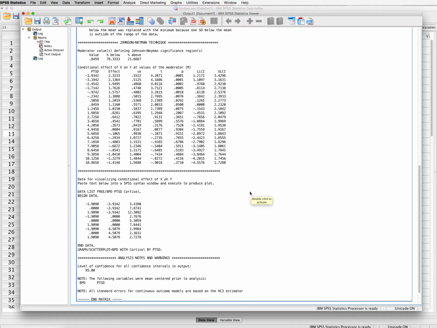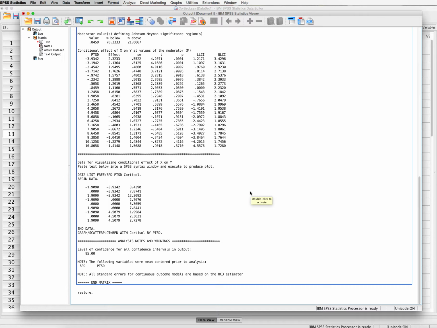And lastly, we have data for plotting. If you remember, when we were doing calculations manually, we were taking our 3 regression equations for low, average, and high. We were actually calculating those regression weights for two scores that we picked, so random scores, so 0 and 10 we have done in the past. So this is the same thing that PROCESS is doing, and it's taking actually 3 values and then inserting them into each of the regression equations, so low, medium, and high, and then coming up with the scores. And then these are the numbers that can be used to plot